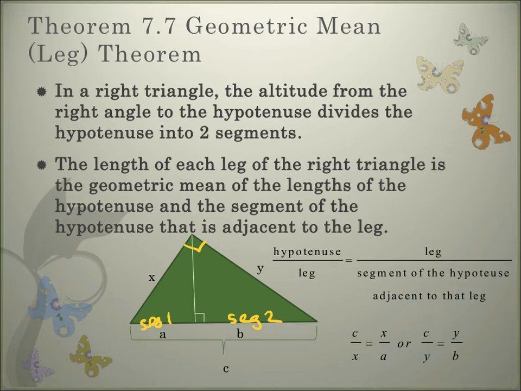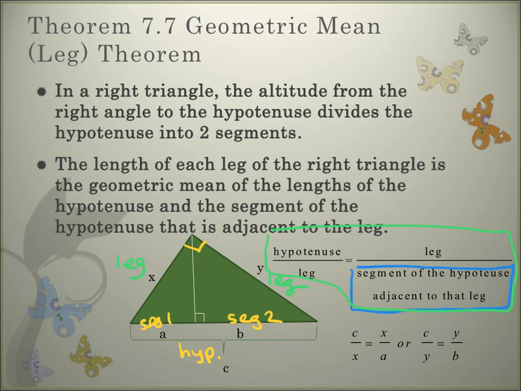X and Y in this figure: X is a leg and Y is a leg, because remember, this side down here is the hypotenuse. So when I'm referring to the legs, I'm talking about the legs of the original large triangle. Now, this part of the proportion, where it says segment of the hypotenuse, that's adjacent to the leg. Remember, the word adjacent means next to. So from this given proportion here,